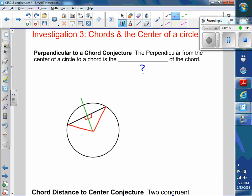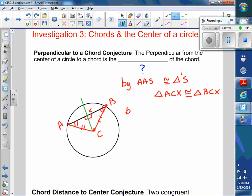And then I said that you could do this with a triangle proof. Since this is a perpendicular, and these radii are congruent, we have an isosceles triangle here. Therefore, the base angles are congruent. So by angle, side, we have congruent triangles. Therefore, we have corresponding parts congruent. So if this is chord AB, and let's put an X there, triangle ACX is congruent to triangle BCX. And by corresponding parts,